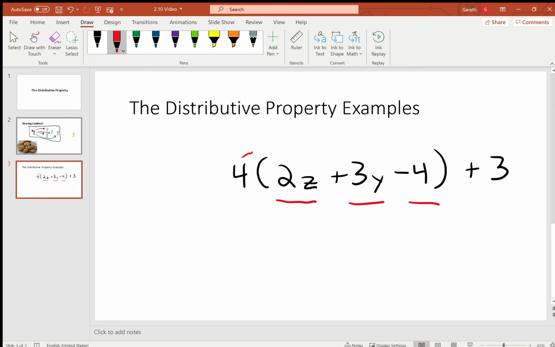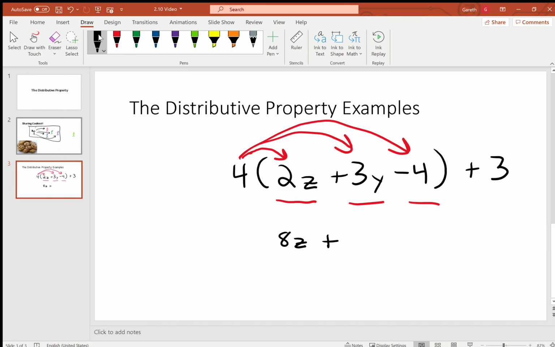Okay? So when we solve this, we're going to do 4 times 2z, 4 times 3y, and 4 times 4. So we're going to have 4 times 2 is 8, so 8z, plus 4 times 3 is 12, so 12y, and 4 times 4 is 16. But the plus 3 is outside of the friend group, so I never touched it, so I just bring it down. Notice I have not multiplied anything times the plus 3, so the plus 3 just stays the same,